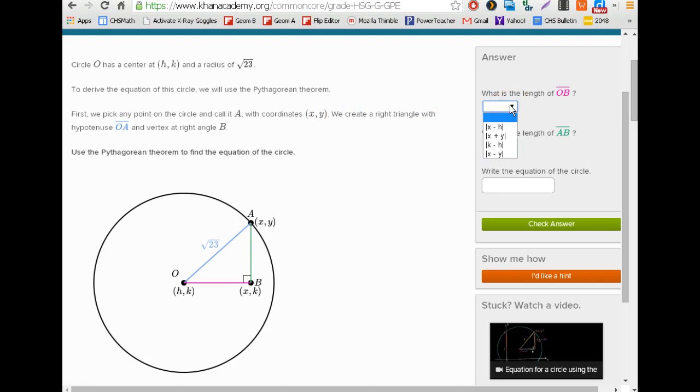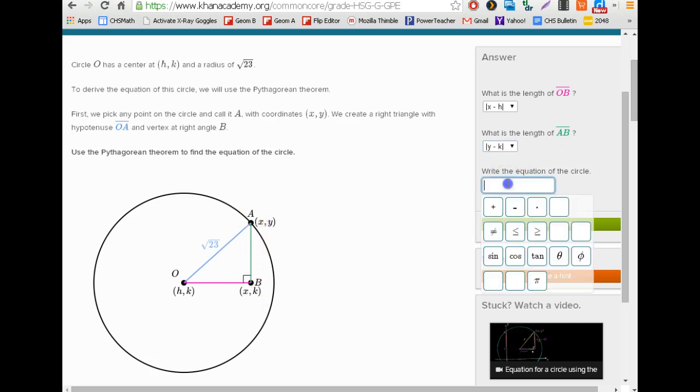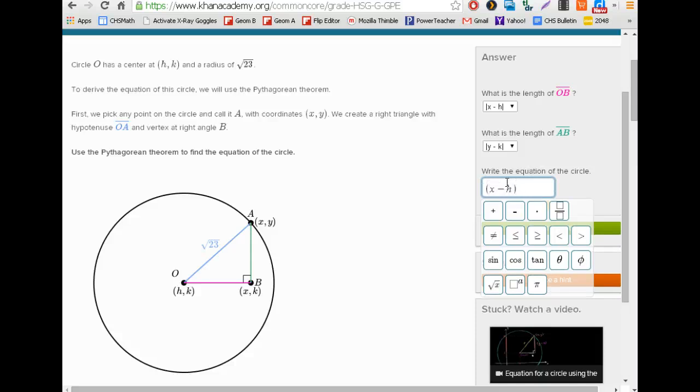So OB is going to be x minus h, right? This x value minus h, that's OB. And AB is going to be y minus k. We kind of know that. We've worked through that before. So the equation is going to be, let's see, x minus h squared plus y minus k squared